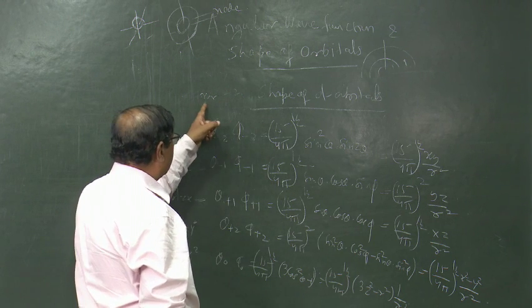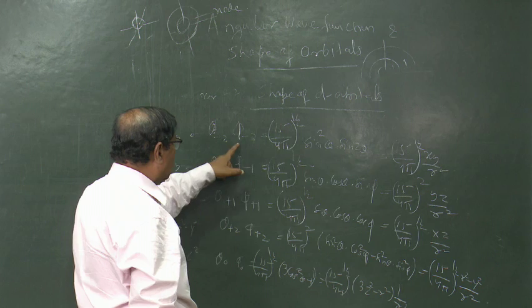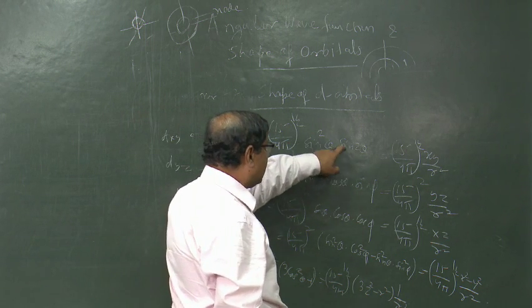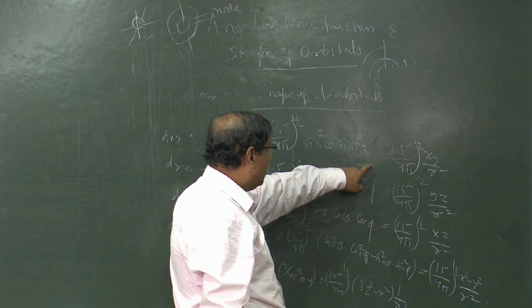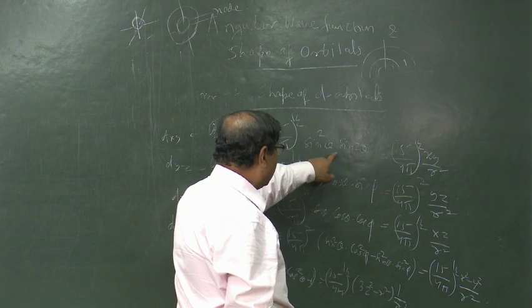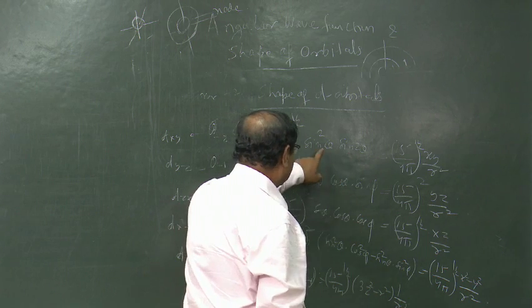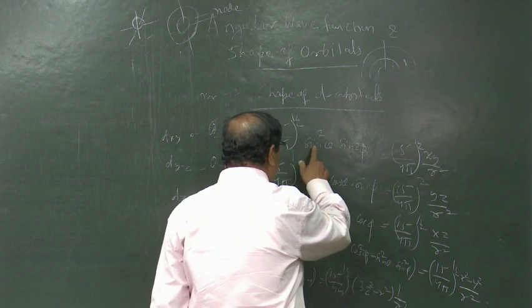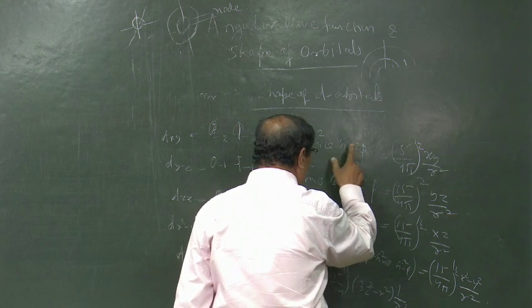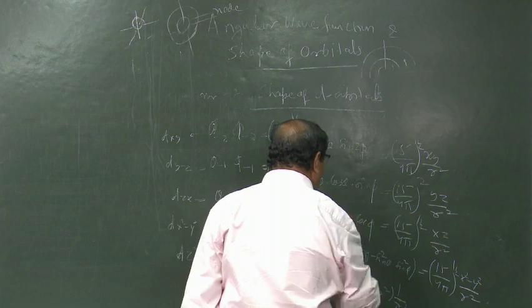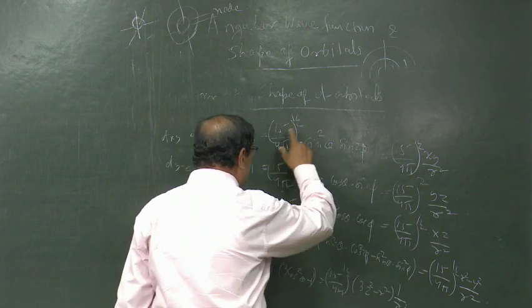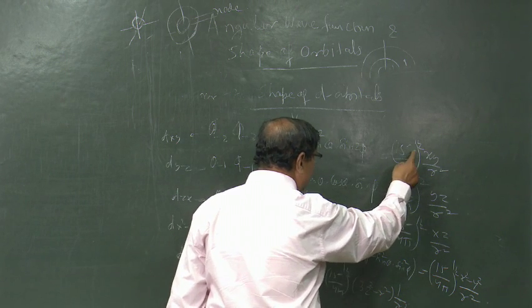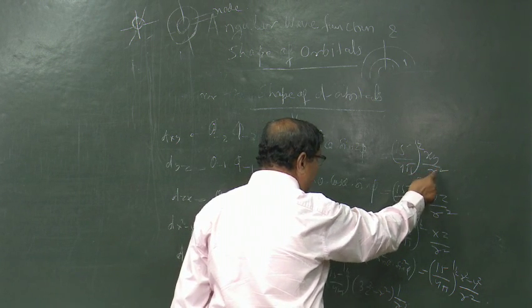The angular wave function for m equal to minus 2 is 15 by 4 pi sin square theta, sin 2 phi, or you can write 2 sin phi cos phi. This is your sin square theta and sin 2 phi. If you convert from polar coordinates into Cartesian coordinates, the value will be 15 by 4 pi xy divided